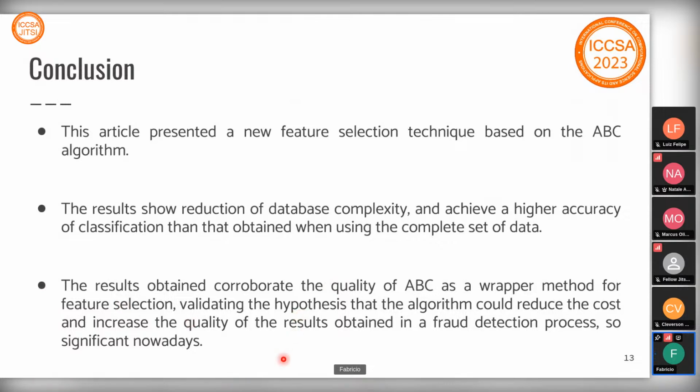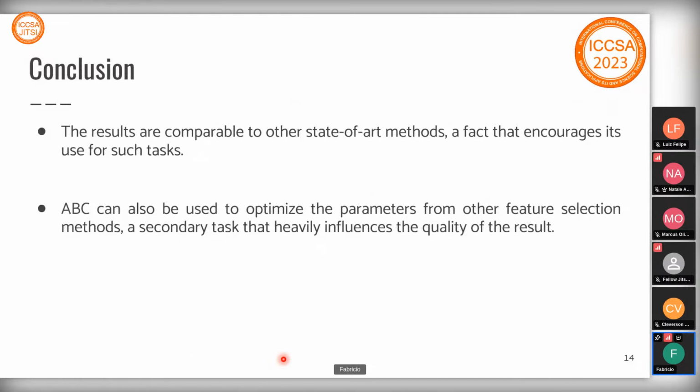These results obtained corroborate the quality of the ABC as a proper method for feature selection. This validates the hypothesis that the algorithm could reduce the cost and increase the quality of the results obtained in a fraud detection process, which is so important nowadays. Also, the results are comparable to other state-of-the-art methods, a fact that encourages its usage for such tests, and